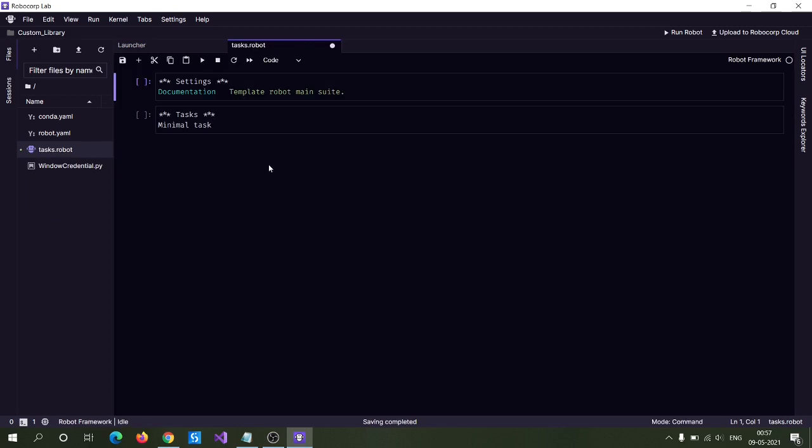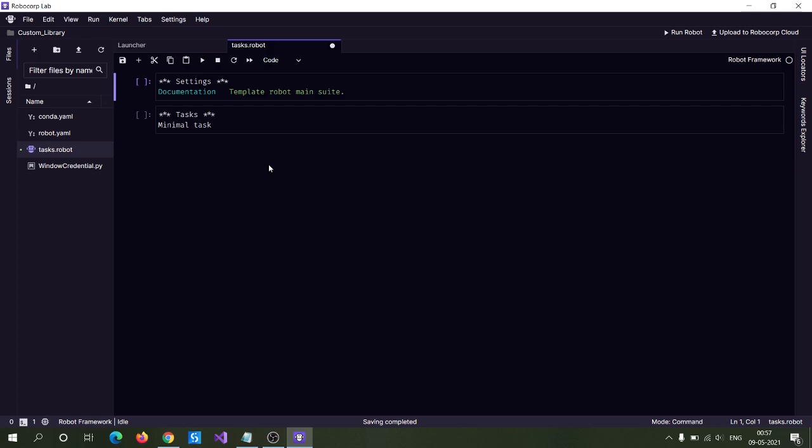As you all know, for different automation scenarios, we are using different kinds of keywords that are defined under specific libraries. Let's say for web-based automation, we are using the RPA.Browser library, for PDF automation, the RPA.PDF library, and for desktop automation, the RPA.Desktop library or RPA.Desktop.Windows library, etc. And each library contains different sets of keywords by which we can perform a particular action.